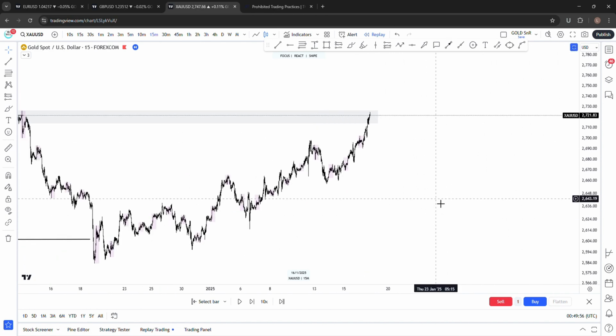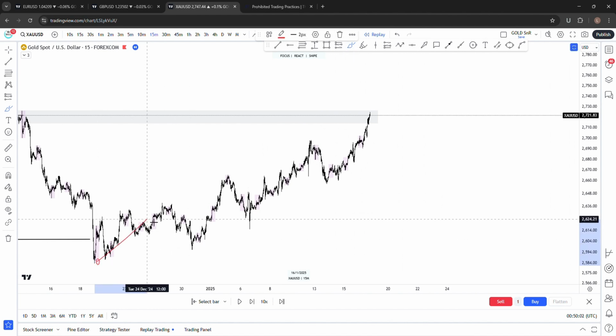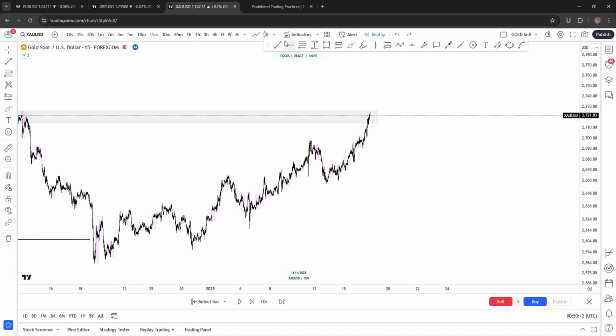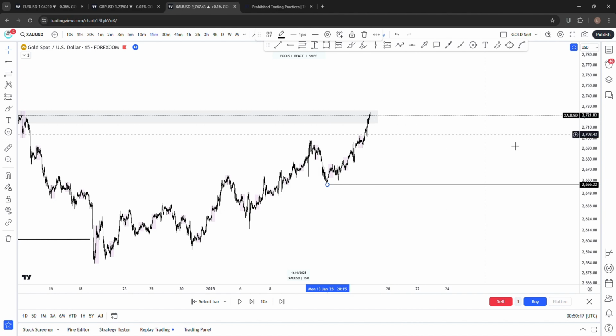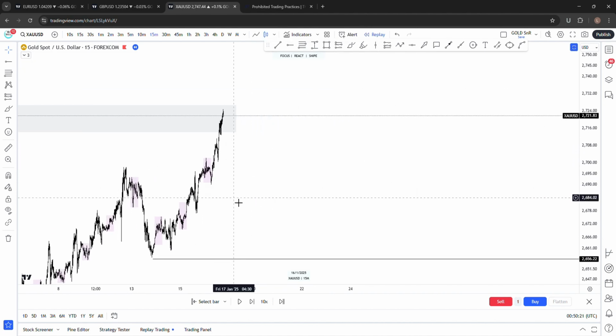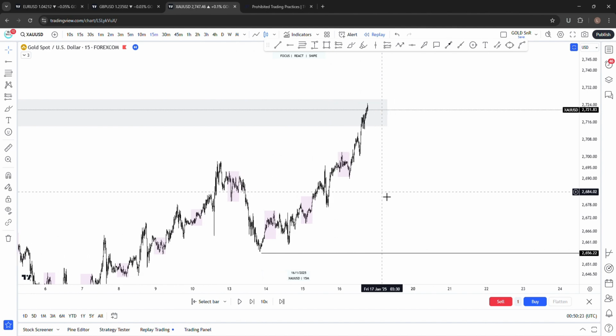So first things first, we can look at what the internal structure is saying just to give you a better understanding. So we have a beautiful low over here that created a high, a low that created a high, a low that created this high, and then we also have this one that has created this current one. So real quick, we can decide to look at just this low to this high over here as our trading range. Now also inside this, I need to look at what the internal structure is saying, because